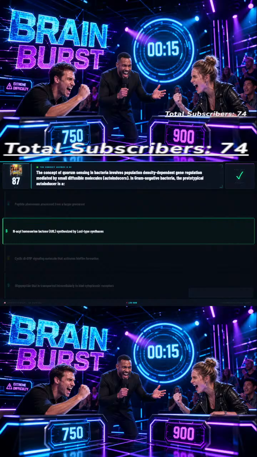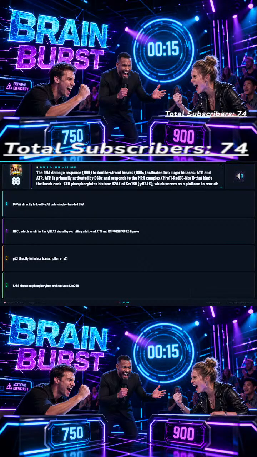Question 88. The DNA damage response, DDR, to double-strand breaks, DSBs, activates two major kinases, ATM and ATR. ATM is primarily activated by DSBs and responds to the MRN complex, MRE11-Rad50-NBS1, that binds the break ends. ATM phosphorylates histone H2AX at Ser139, gamma-H2AX, which serves as a platform to recruit: